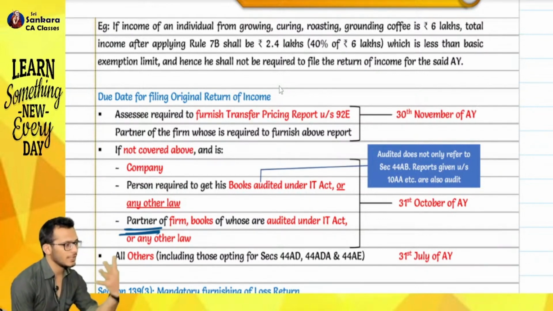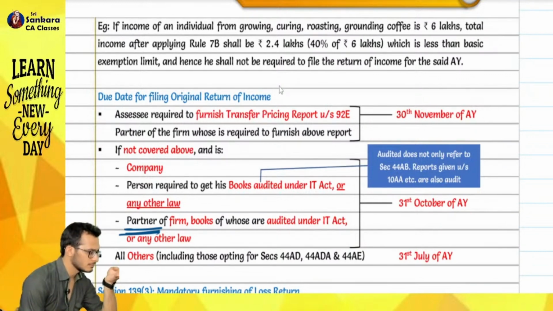You will be liable for 4 items. 234A, 234F, no carry forward of losses, and Heading C of Chapter 6A. Let's understand all the 4 items. First item is